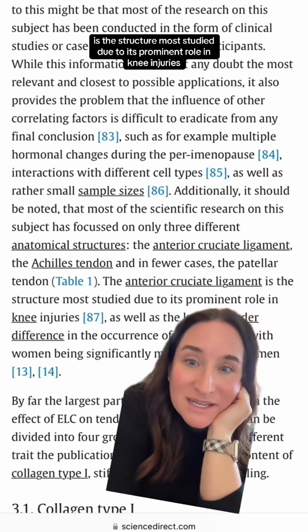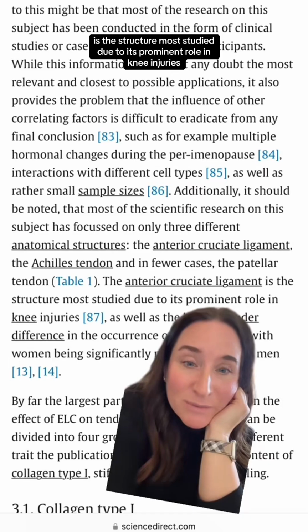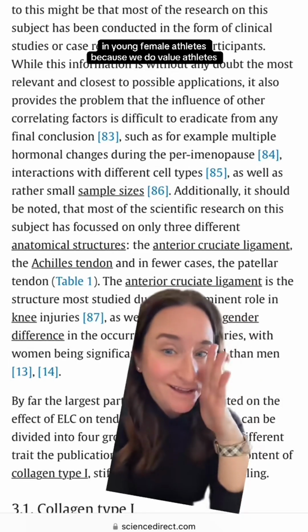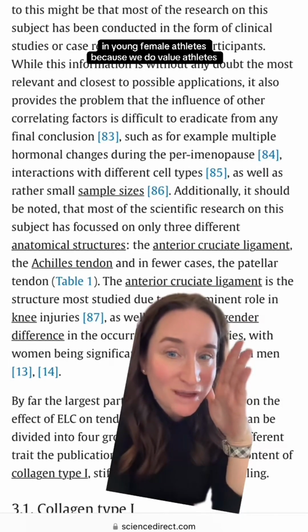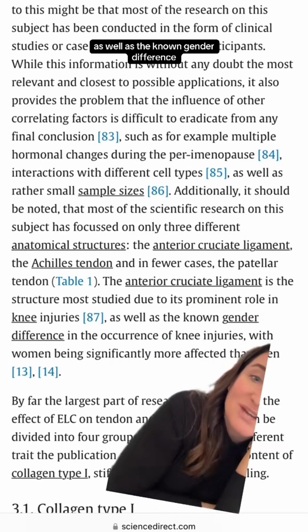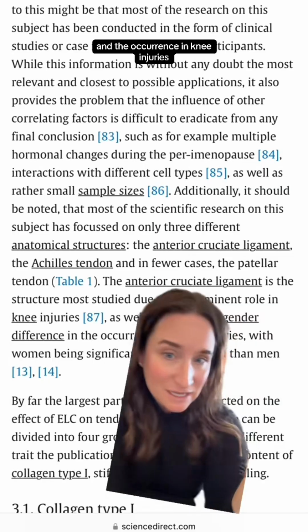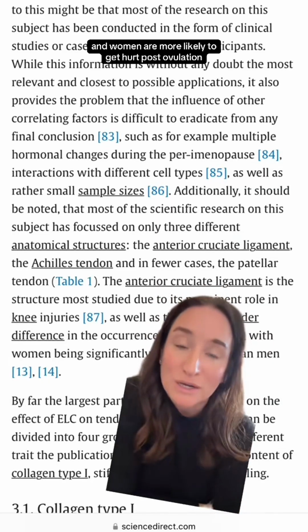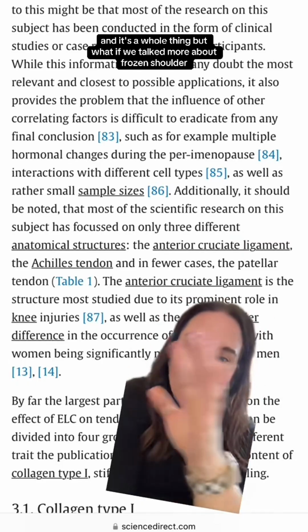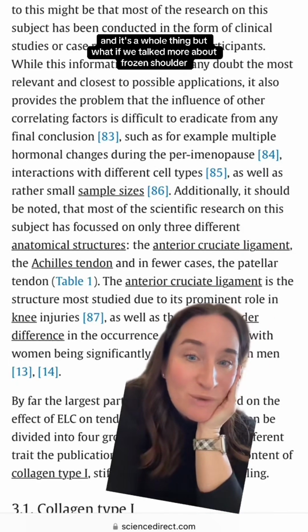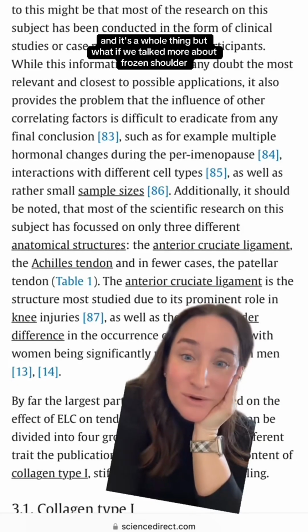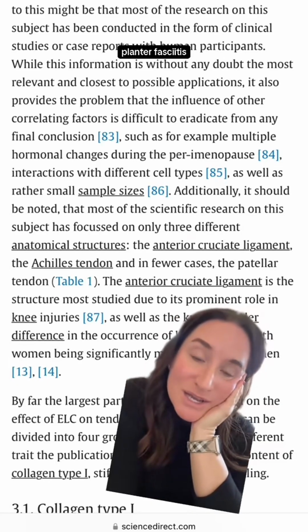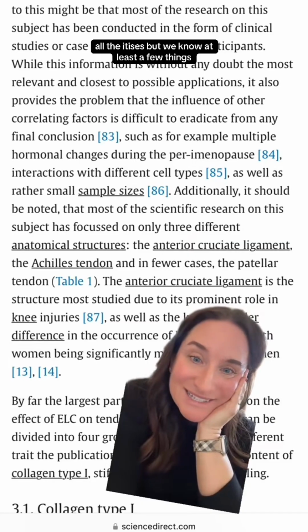The ACL is the structure most studied due to its prominent role in knee injuries in young female athletes, because we do value athletes, as well as the known gender difference in the occurrence of knee injuries, because women are more likely to tear their ACL and women are more likely to get hurt post-ovulation, and it's a whole thing. But what if we talked more about frozen shoulder, plantar fasciitis, all the itises,